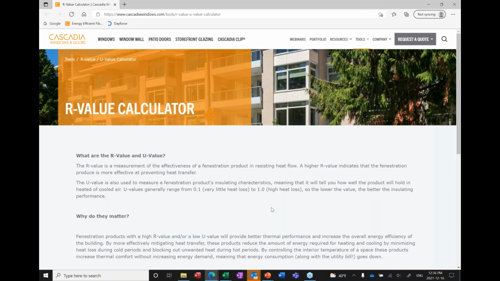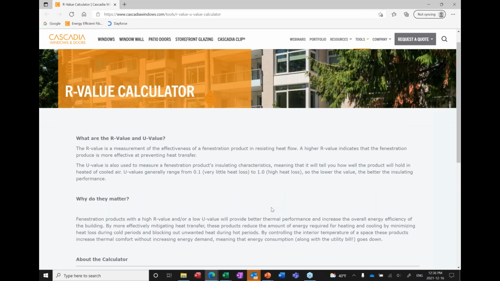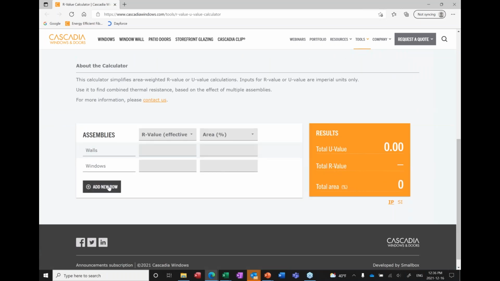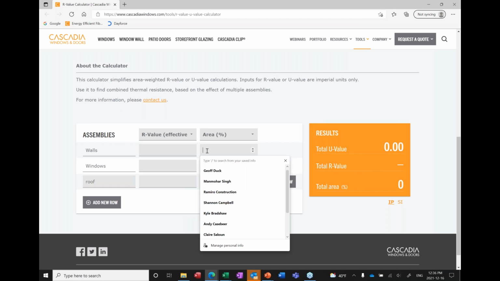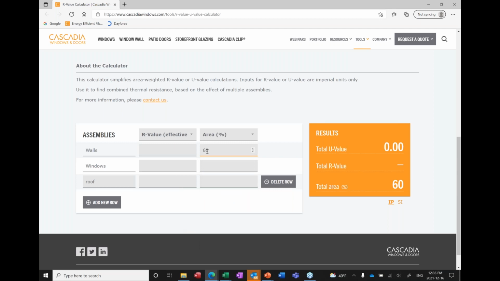Here is the R value calculator page, and if you scroll down, here it is, and you can add another assembly like I just mentioned, the roof. And then you can assign areas to these inputs, and then the output is the whole building's R value. So we said the walls, the area was 60%, the windows, the area was 30%, and the roof, the area, we'll give it a 10%, because we said we were going to have double the amount of wall to window.